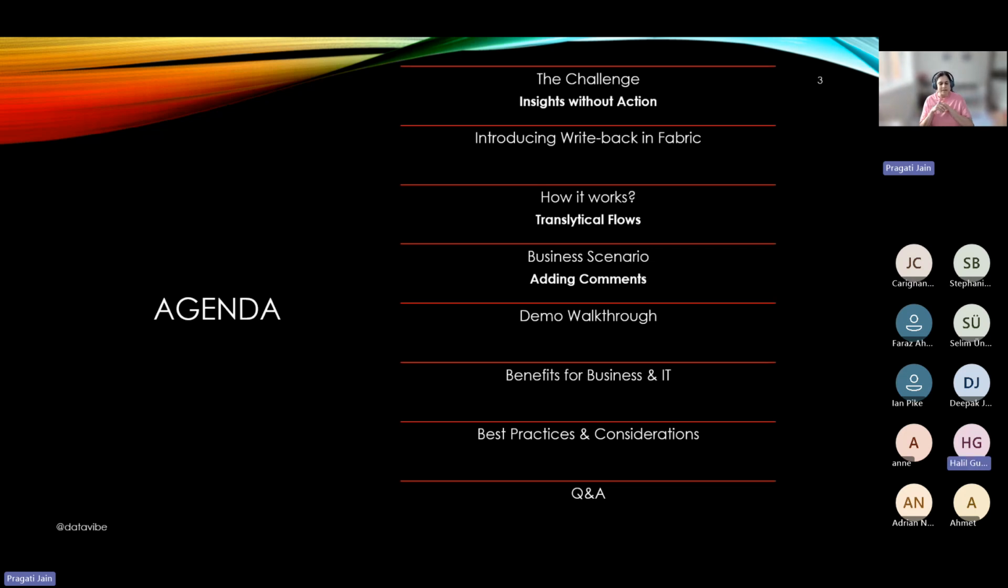Okay, so in today's agenda, we are going to start with the kind of challenges we have in today's world when we have insights but no actions. Then we'll jump into how we can do this in Fabric. I'm going to give a very quick introduction to what this write back capability in Fabric is. Then we will see how this capability works in Fabric. We are going to see what translytical flows are and how they help you implement this write back capability